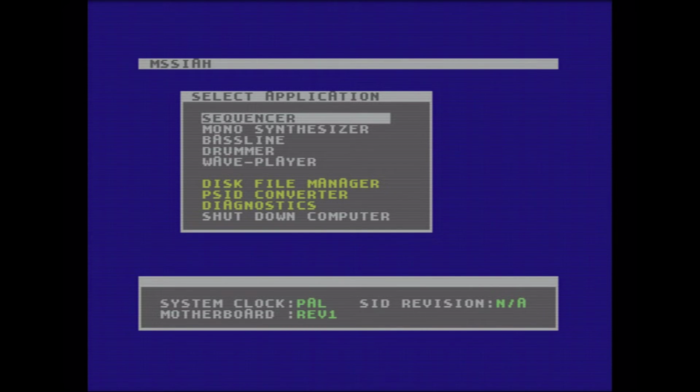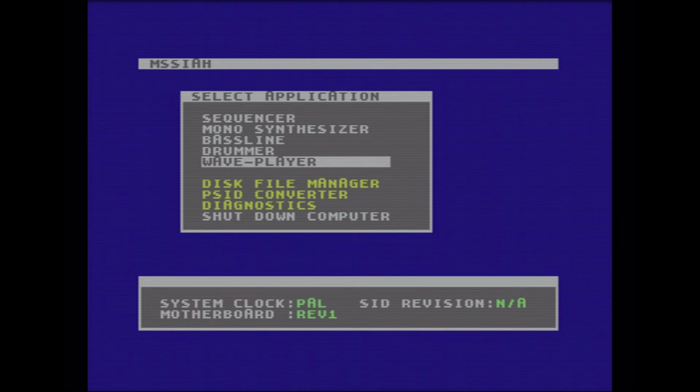So for the FPGA SID, for example, we have, I think, 3 different methods how the FPGA SID communicates back what kind of SID chip it is. And I think I couldn't get this to run on Mssiah anyway, but we can go to